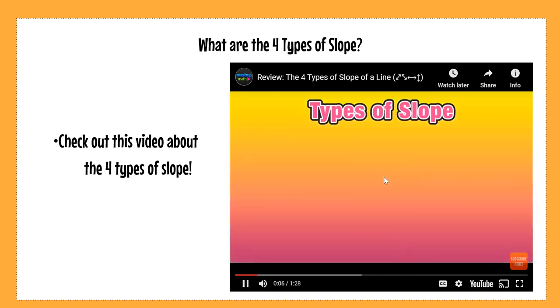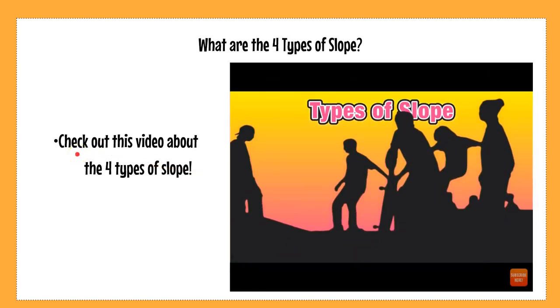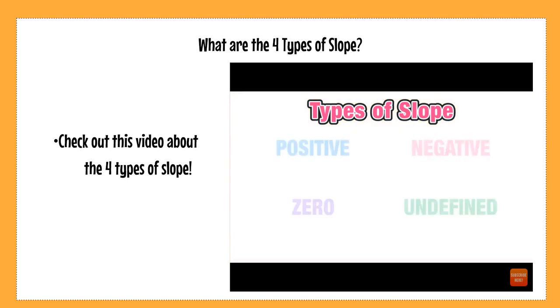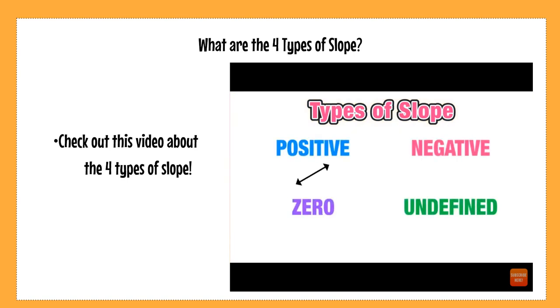Hey everyone, thanks for joining us on this very short lesson on the different types of slope, which we are going to look at from a skate park. Now we want to develop the skill of being able to identify a slope just by looking at it. Now a positive slope increases from left to right, while a negative slope decreases from left to right. A 0 slope is a flat horizontal line, and an undefined slope is a vertical one. So now let's check out these scenes from a skate park to help reinforce our understanding of what these kinds of slopes look like.